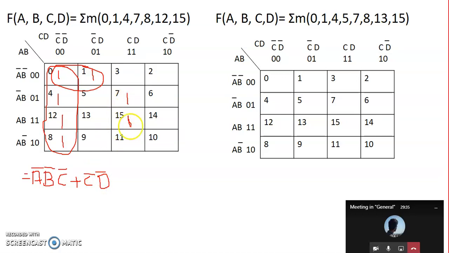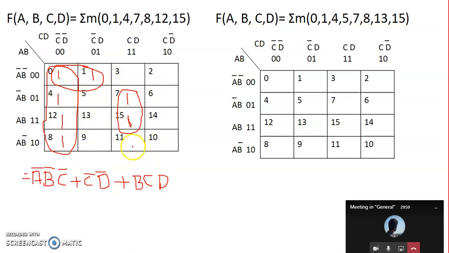Next, for this, it is the only option. So I'll make this a group. So what retains constant in this? So your B retains constant. It's not changing, so I can write B here. Then out of this, CD remains common there. It's not changing, so CD. So this is the result of the first problem.